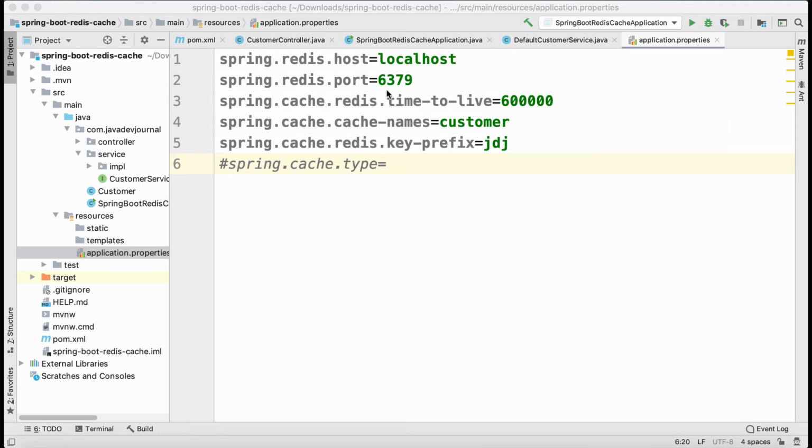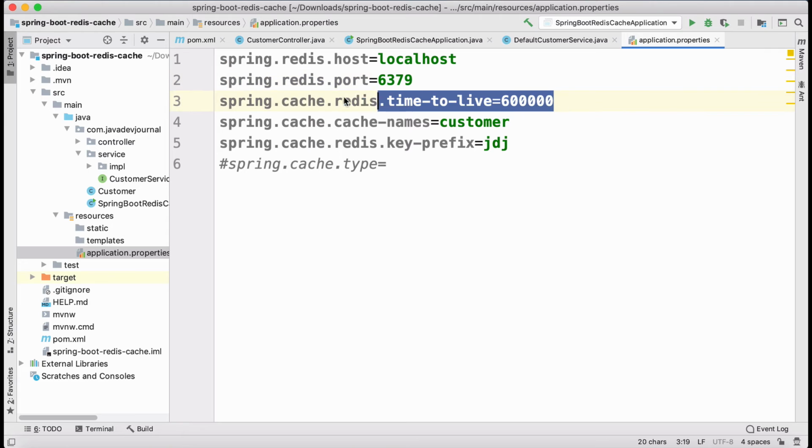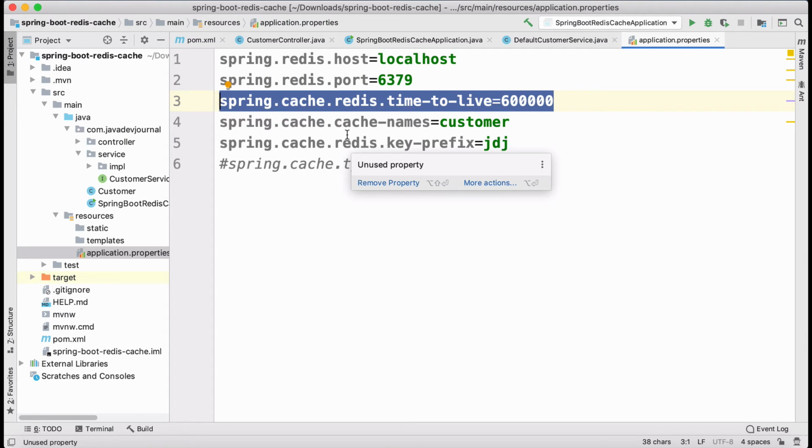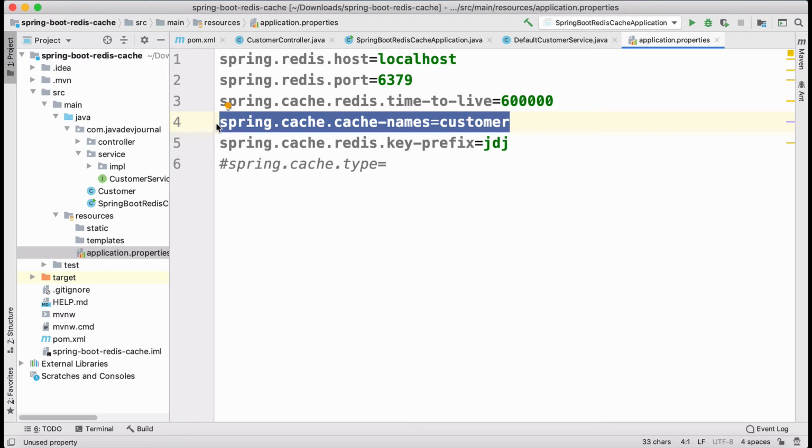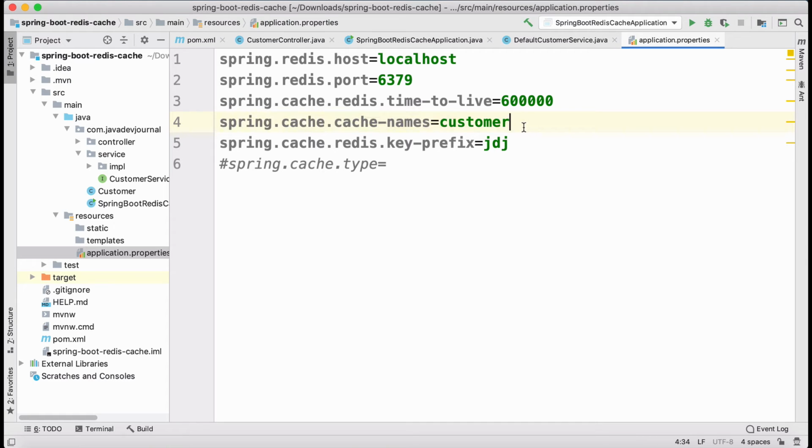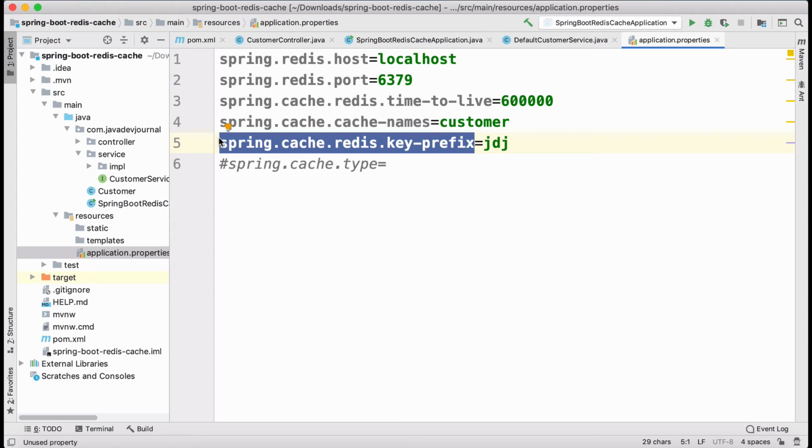These are the configurations. The first one says what is the host. As I said, it depends upon where your Redis server is running, and which port it is running on. You can define, this is optional, for how long you want the cache to be alive. If you don't do that, there will be a default that will be used by Spring Boot. Then there are the different cache names, and you can define as many different cache names as you want, right? For example, I can say customer, I can say order, something for order, something for product, right? It's a comma separated list, so you can define those.